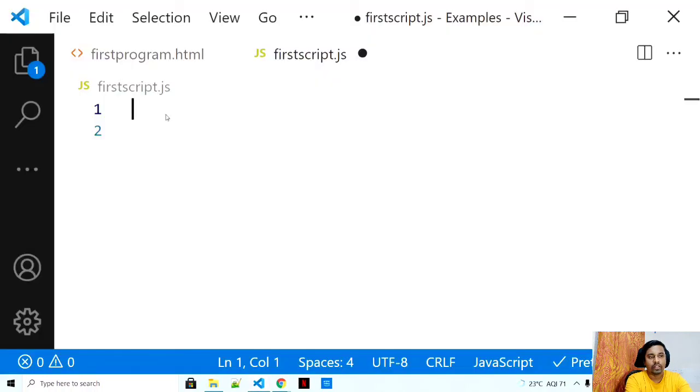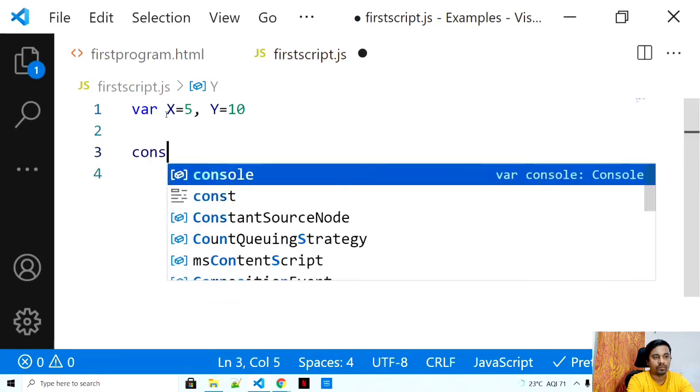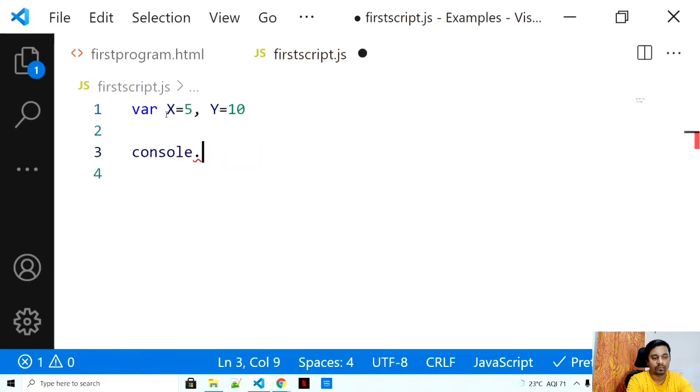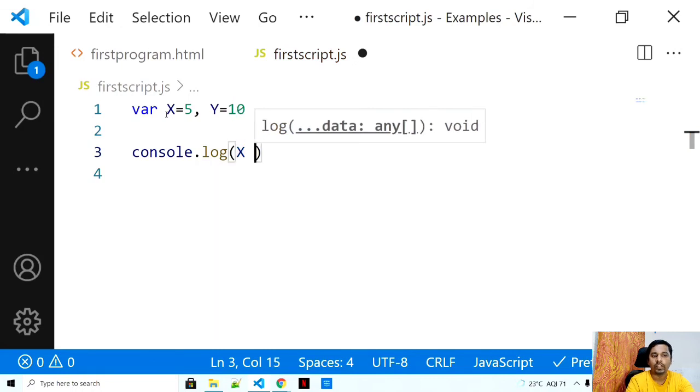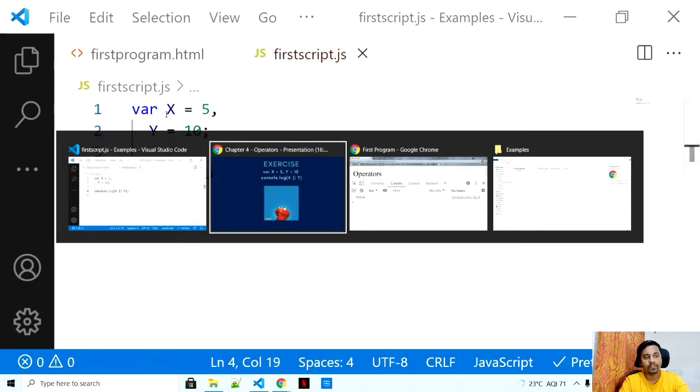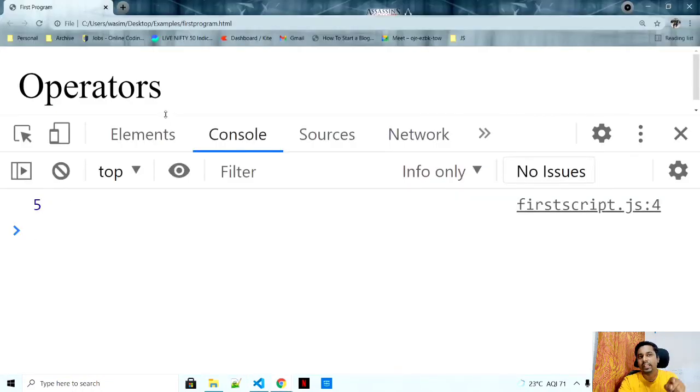If I just run this example, the answer to this program would be 5 because it has evaluated the first as true.